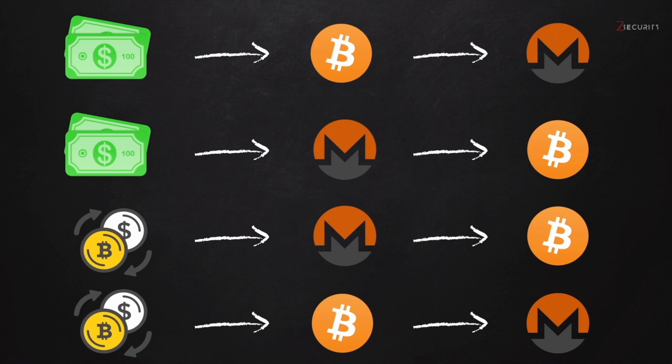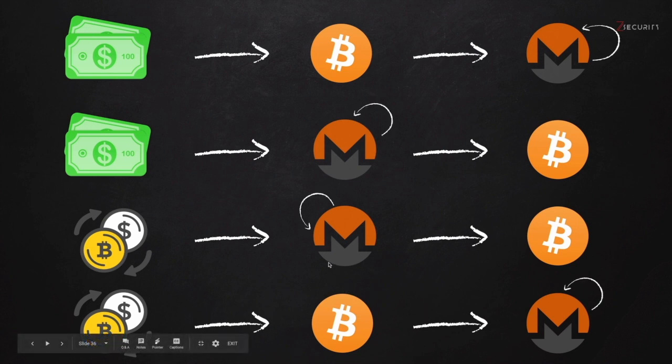Now, to go even one step further and become very anonymous, what you can do is use what's known as churning, and basically whenever money arrives into a Monero wallet, you can transfer it between multiple Monero wallets before sending it to another place or before converting it to another currency, or you can literally send the money to the same wallet. Again, with Monero, the sender and the receiver are not linked, so every time you send money from one address to another, even if you're sending it to the same wallet, that increases the distance between the wallet and the source of the funds, therefore making it very difficult to trace.